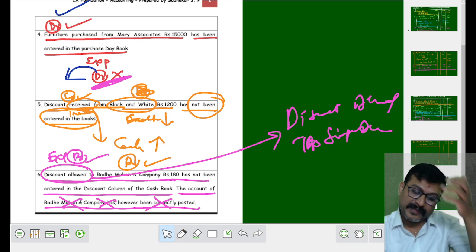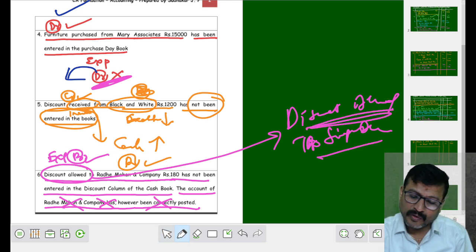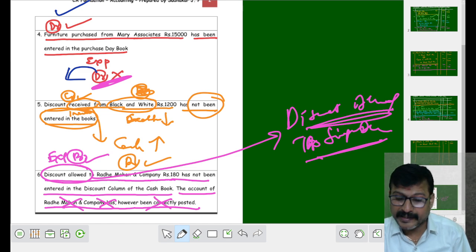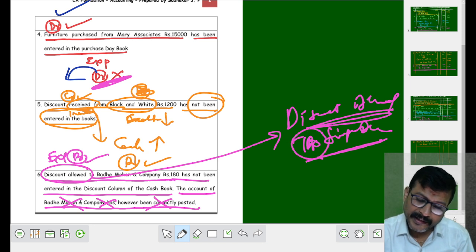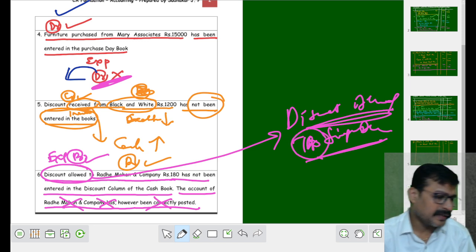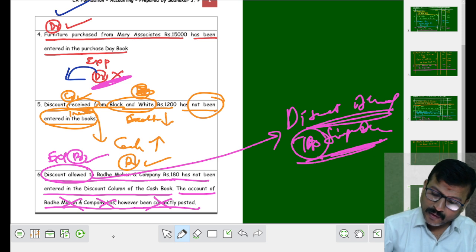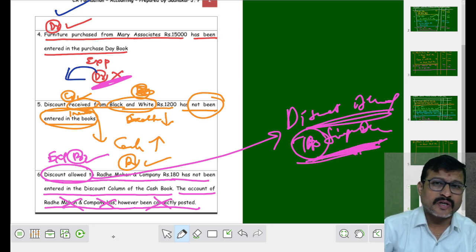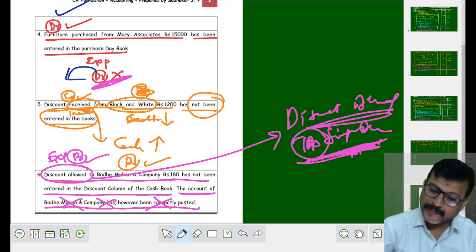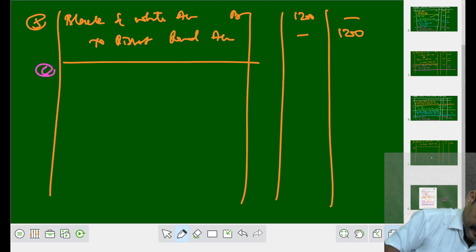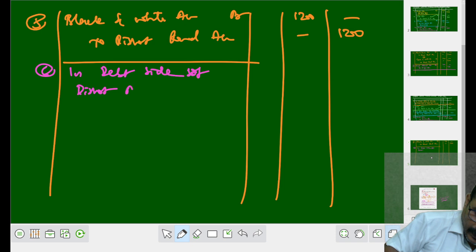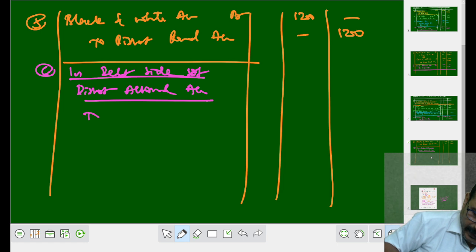See, without opening suspense account, in discount allowed account, we have to write on the debit side. What side do we have to write? We have to take it on the debit side. In discount allowed account, we have to take the amount which is not recorded. Discount allowed बोले तो क्या होता? Expenses होता. So in 6, on the debit side of discount allowed account, we have to write